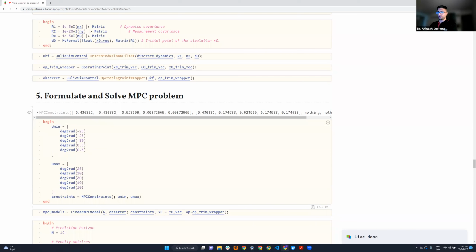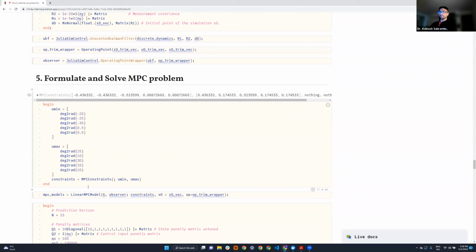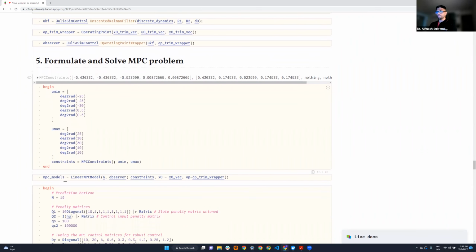In this case, the constraints are constraints on the control inputs, and we would package them in with this LinMPC model constructor. I would like to mention that the toolkit can take in arbitrary constraints, so we could have arbitrary constraints on the states and the control inputs. Once we have the MPC model,